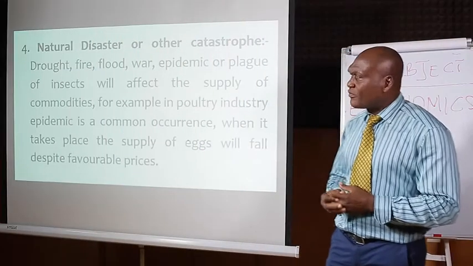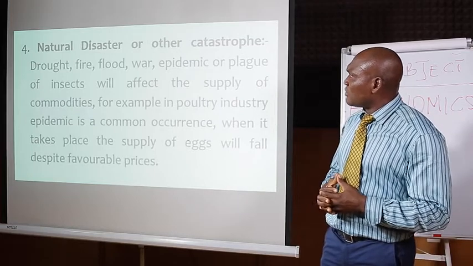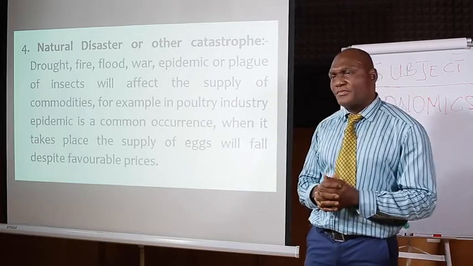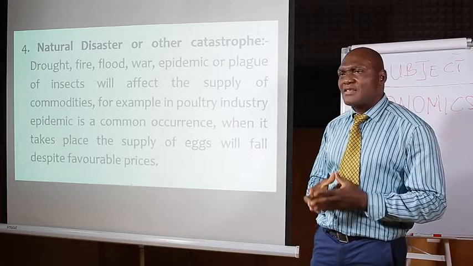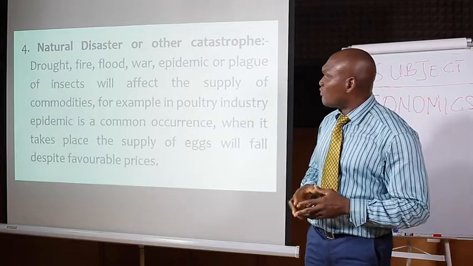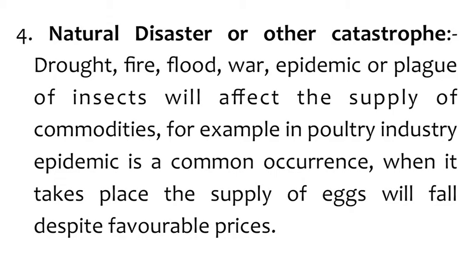Number 4, natural disaster or other catastrophe. Drought, fire, flood, war, epidemic or plague of insects will affect the supply of commodities. For example, in the poultry industry, epidemic is a common occurrence. When it takes place, the supply of eggs will be